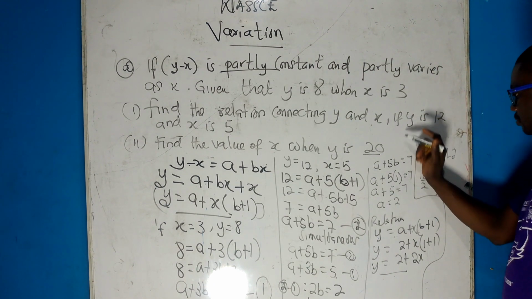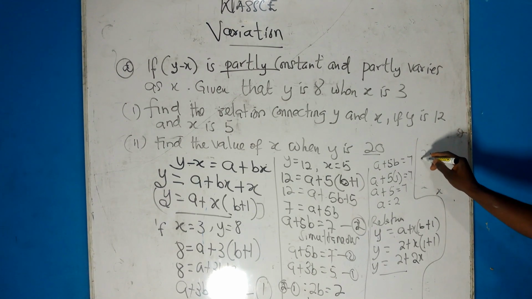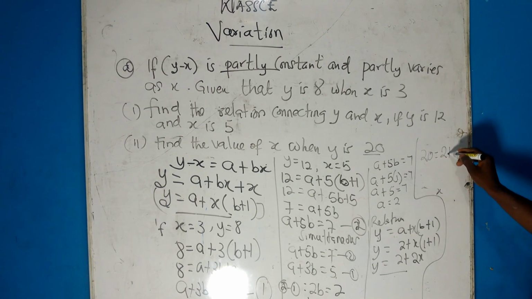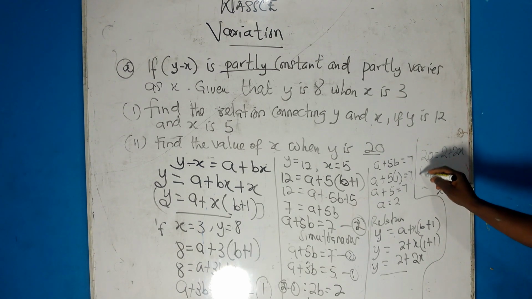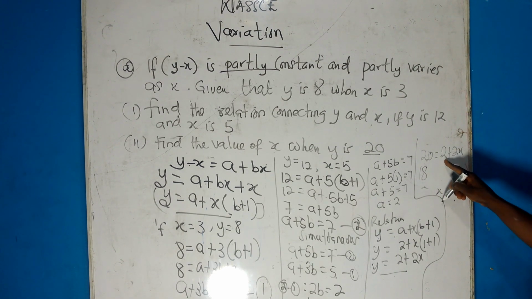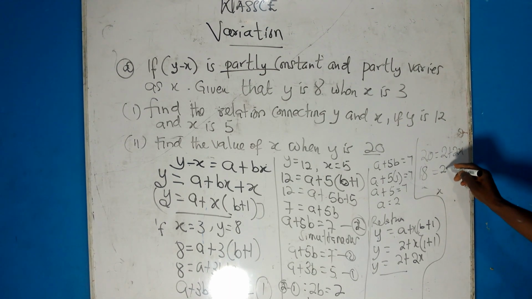Let's make x the subject. We have 18. Why 18? 2 subtracting from 20 will give you 18 is equal to 2x. Then when you divide both sides by 2,